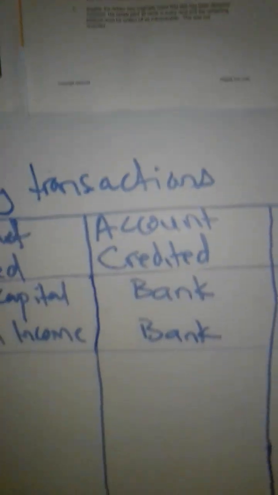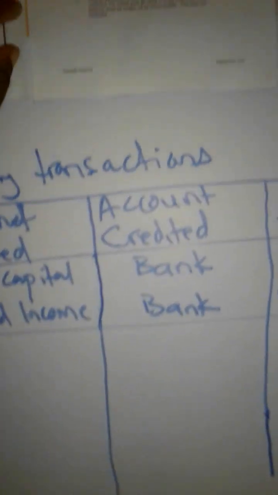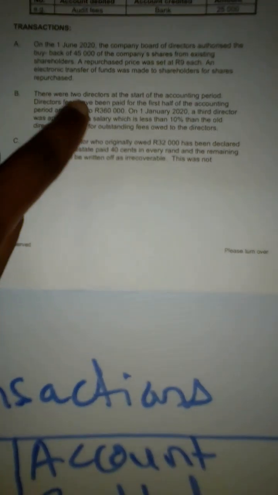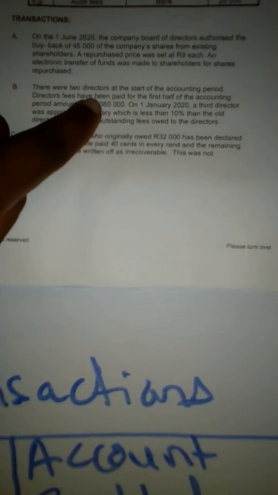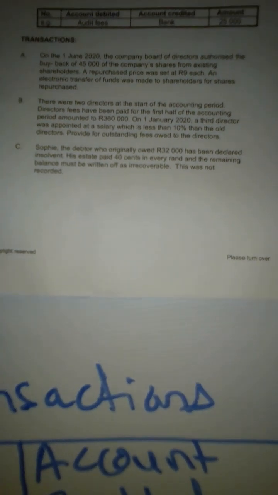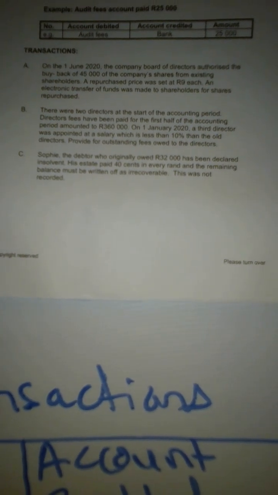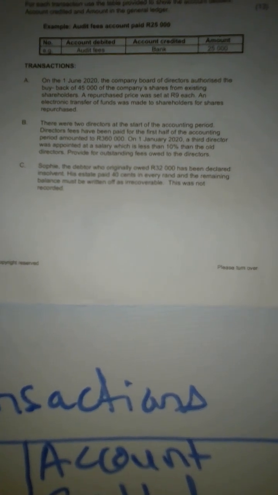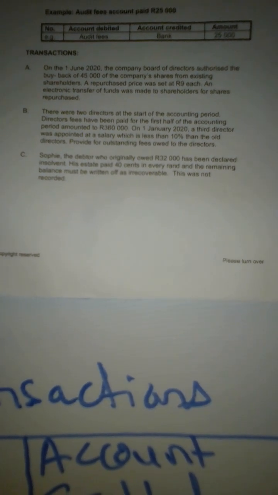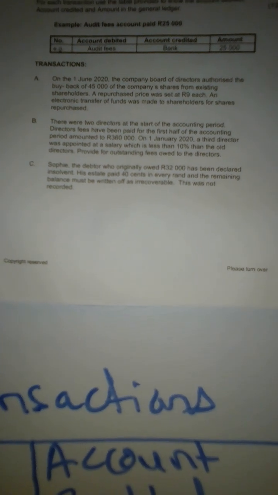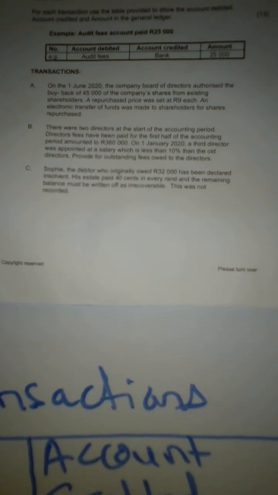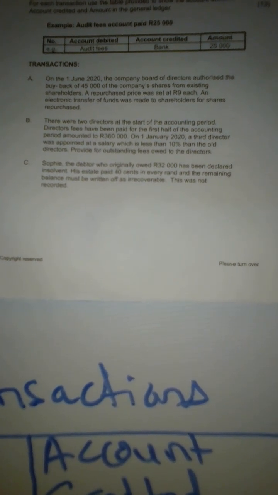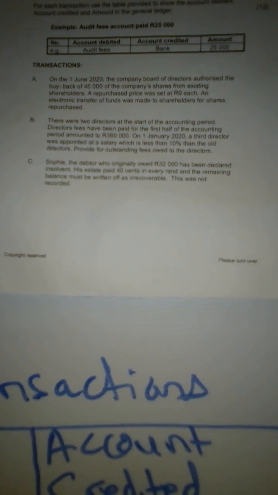So the first thing, like I've already indicated, you can already tell how much one director is getting. 2 directors got 360,000, and they are saying this is half. So if you want to find the half for one director, we can simply say 360 divided by 2, which is 180. That is half for one director. But again, one full salary for a director is 360,000 per year, the money for a director.